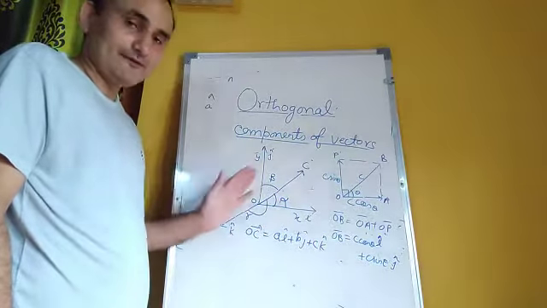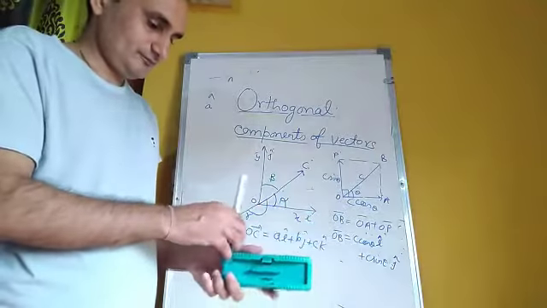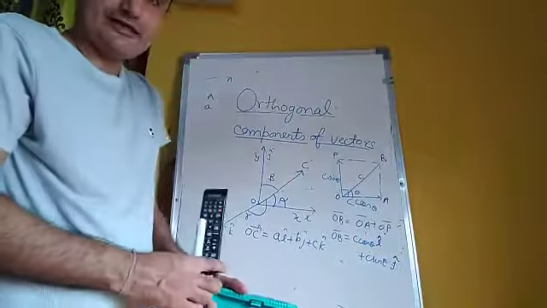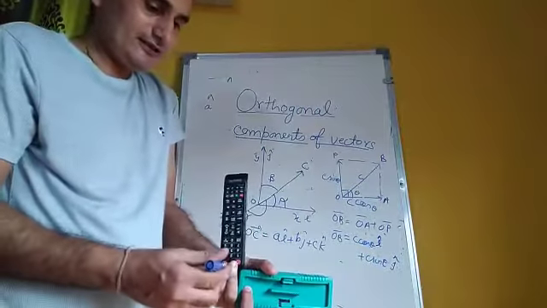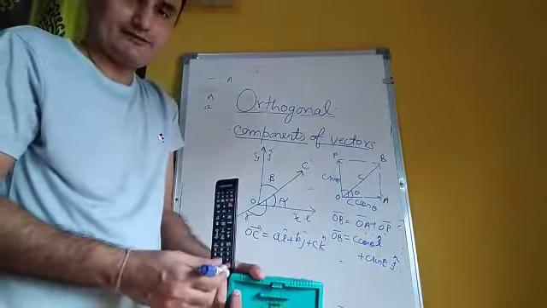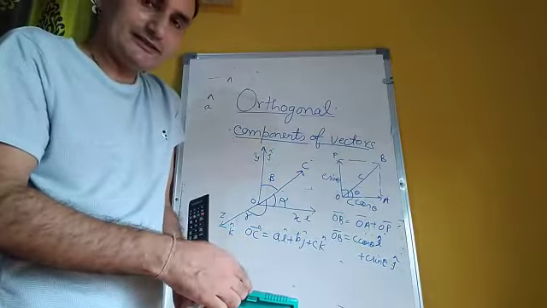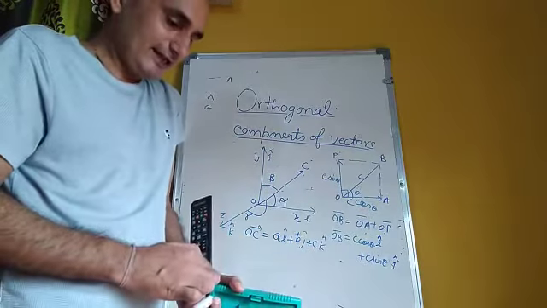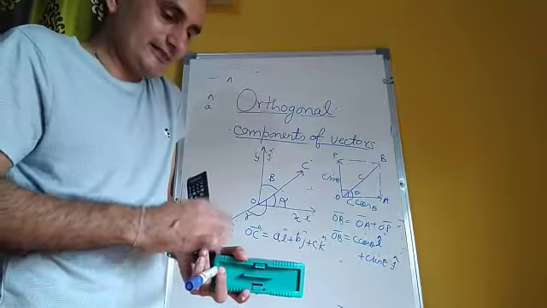You can understand it like this. Suppose these are 2 directions and this is the 3rd direction. So these are the 3 axes that I have made for you. Now if there is a vector coming from here, it is not that the vector is like this. If it had been in 2 dimensions, then if this angle is theta, this angle will be 90 minus theta, but the vector is actually like this.